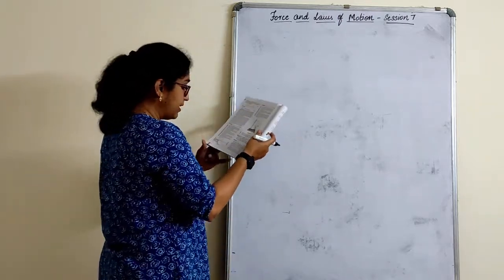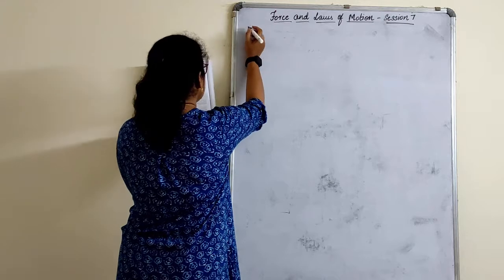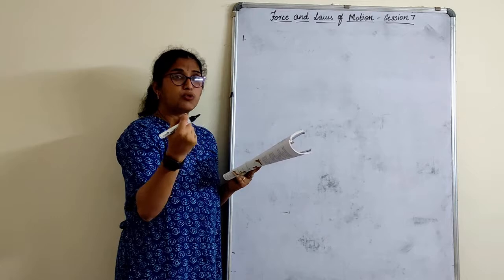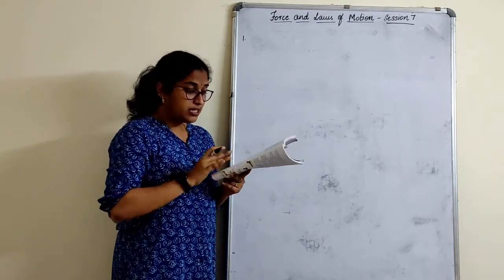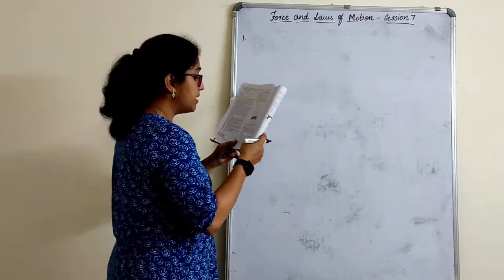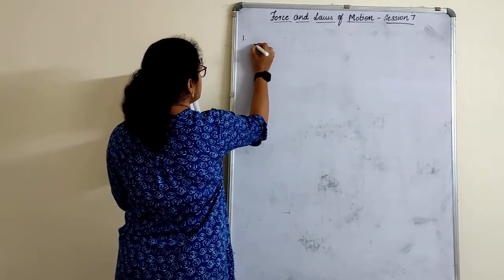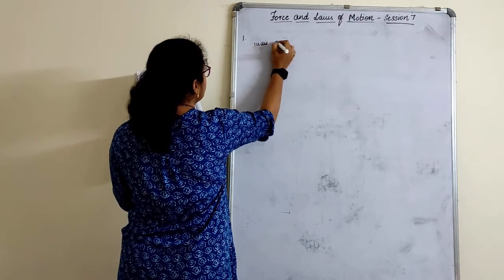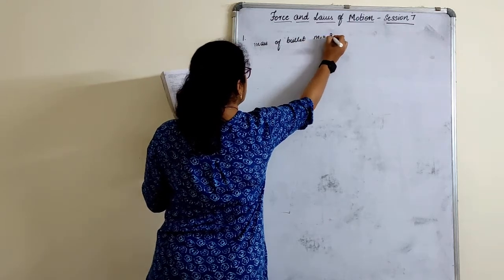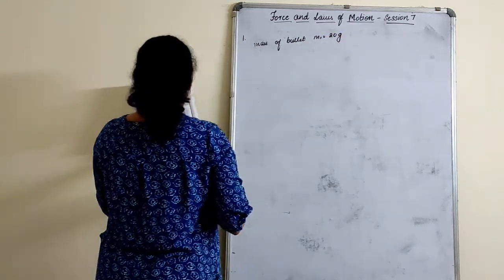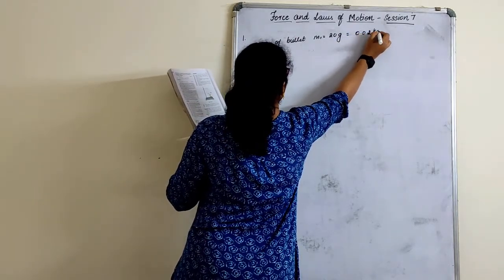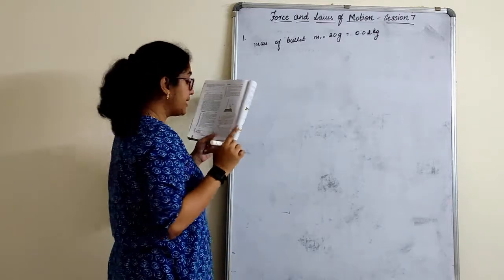So page number 124, example 9.6. I'll consider again from the first one. Numbering, you know, children. Yesterday's what was the last question number? Go accordingly. This is the same sum what we had done in the in-text questions. A bullet of mass 20 grams. So mass of bullet, M1 is equal to 20 grams. You have to convert this in terms of kg: 0.02 kg. Mass always in terms of kg.